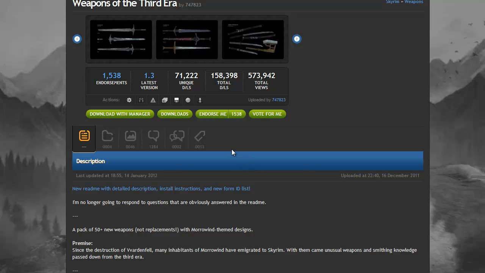And the good thing about this mod is it's really easy to install, and it's also one of those mods that isn't going to screw up your game, because it's easy to install, it's easy to remove, and it doesn't affect existing files. So to download it, you're going to have to go to the Skyrim Nexus page,